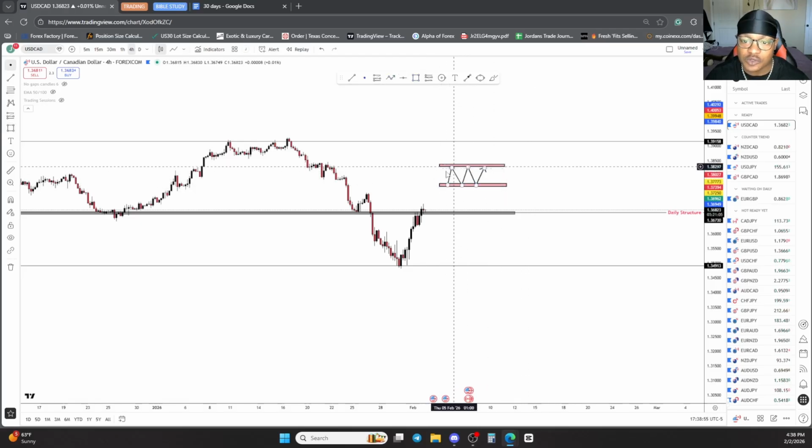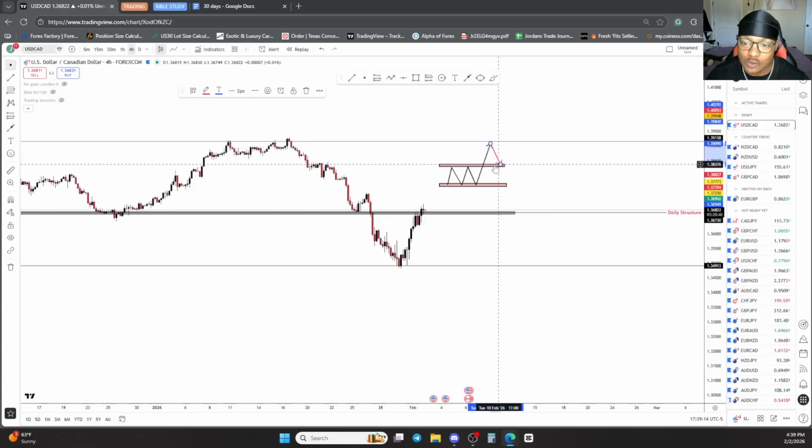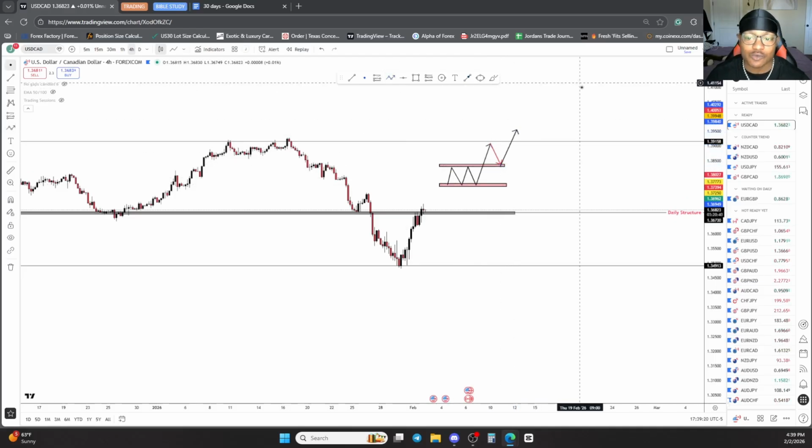This roof is showing us price gets here, we hit our head, we bounce. We bounce off the floor, we go to the roof. We bounce off the roof, we go to the floor. Bounce, bounce, bounce, right? So we have our ceiling and we have our floor. The moment price gives us a break past our ceiling, I would expect price to pull back down towards this recent ceiling, now treat it as my floor, and then have that continuation.